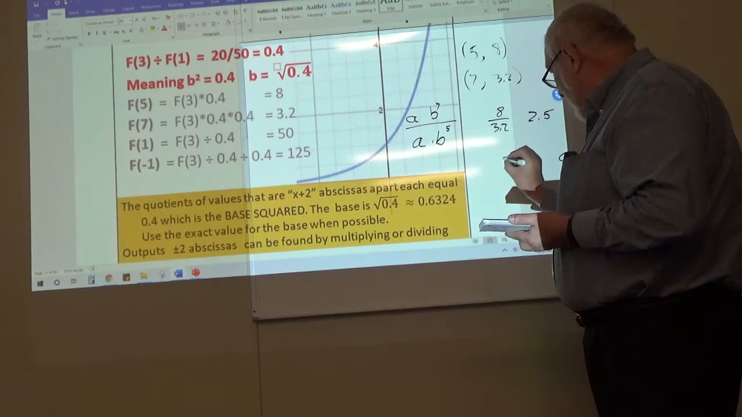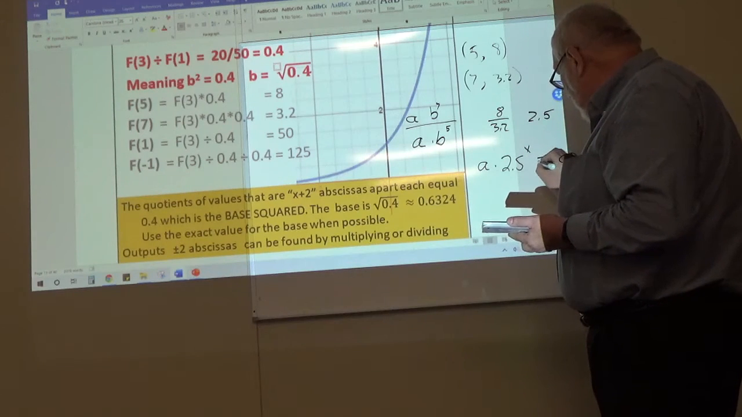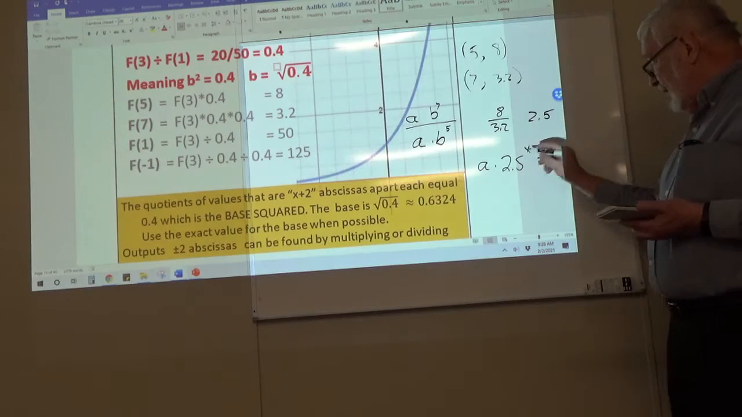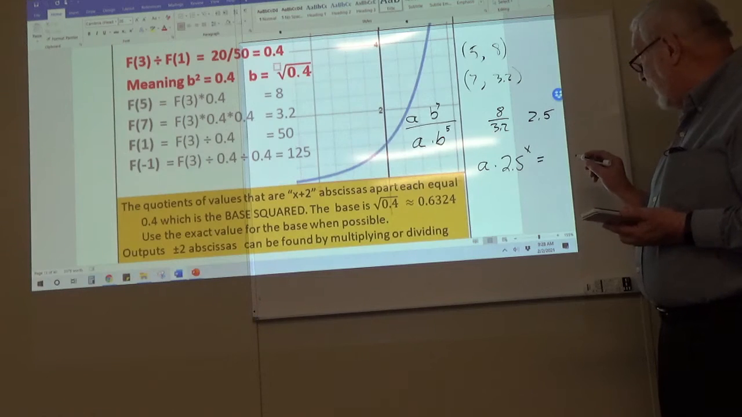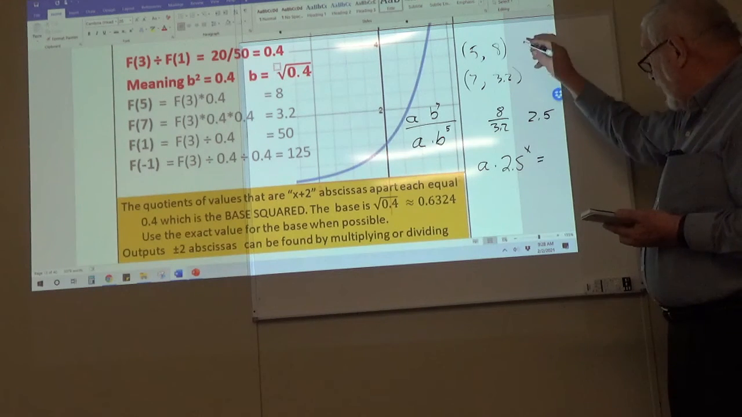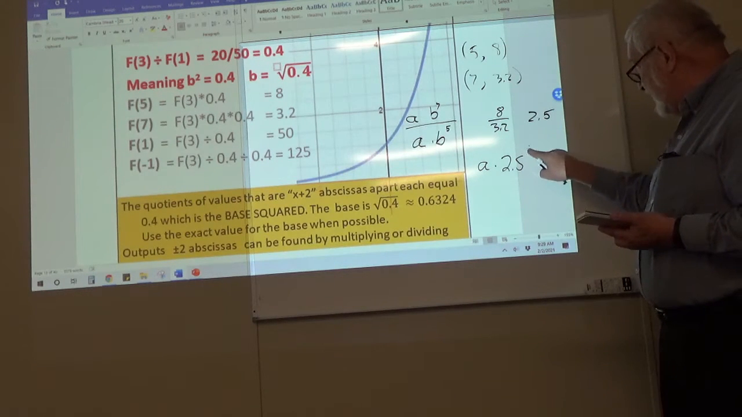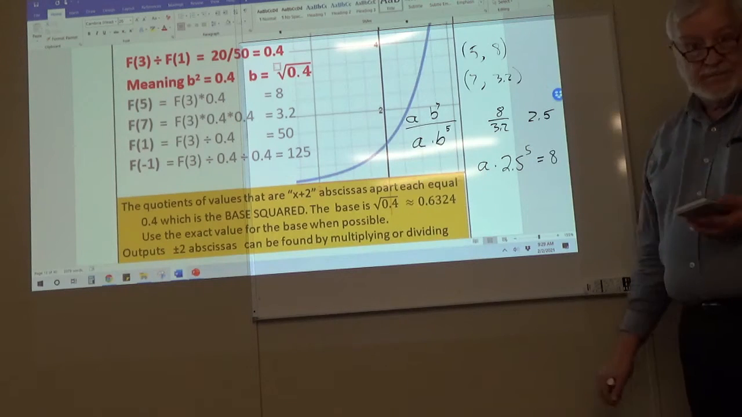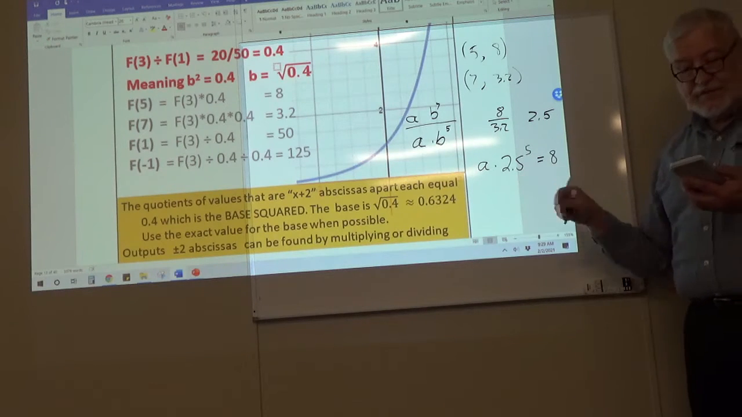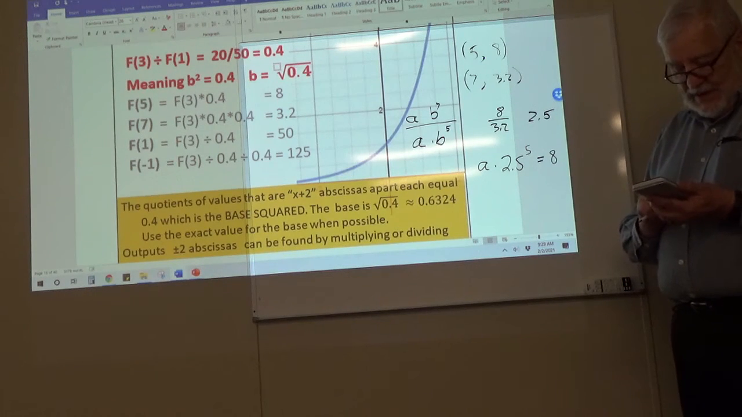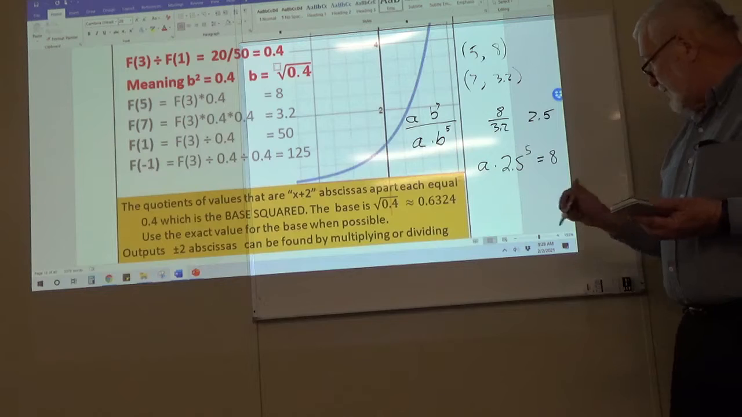Now, that is the b. So we have 2.5 to the x power times a, and we have to find what the a is. All right. Now, if this equals 8, when this is 5, how do you find that? Take 8 divided by 2.5 to the 5th power. So 8 divided by 2.5 raised to the 5th power is